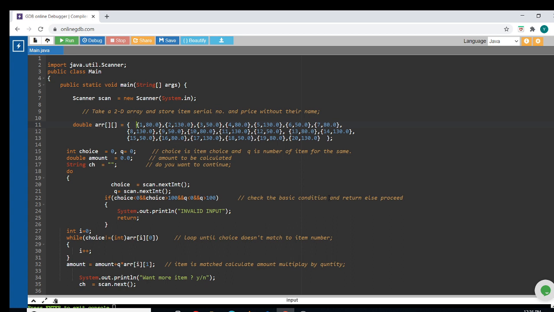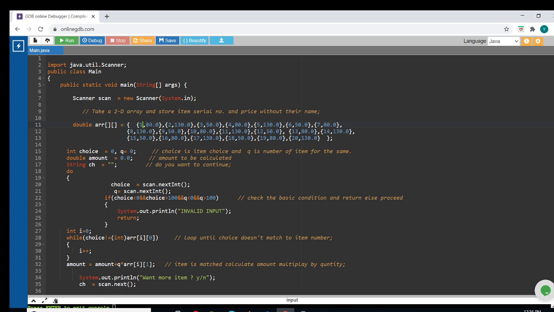I will share the solution of that problem here. What I have done is taken a 2D array, and in this array the first element is the serial number of the item, and the second is the price of the item. The name of the item was also given in the program, but we have no concern with the name, because the user will input only the item number and the quantity, and you will display only the amount.